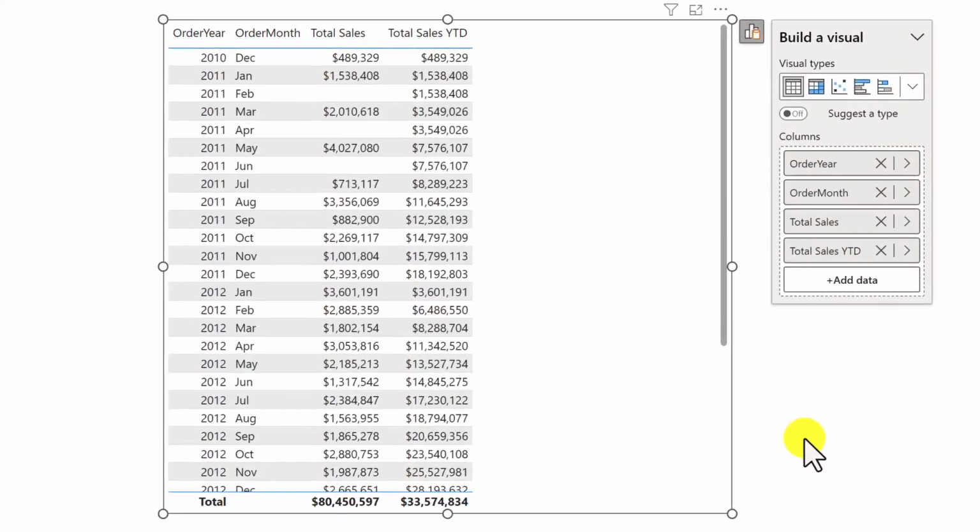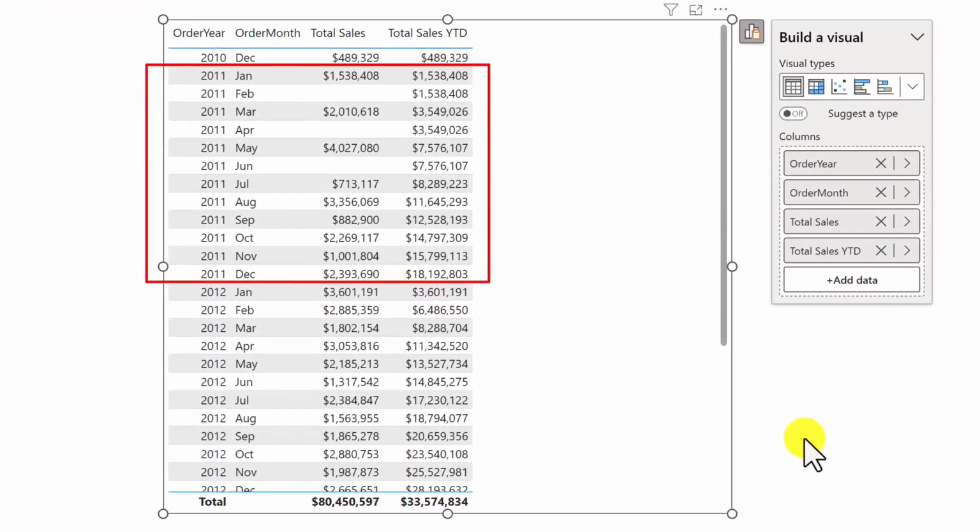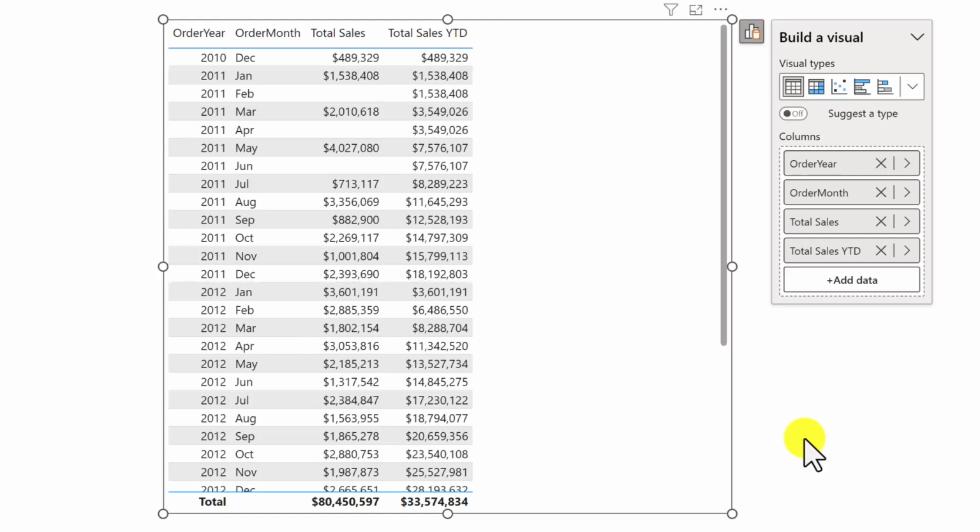First of all, notice that we can now see February, April, and June of the year 2011, those 3 months where our teams didn't log any sales. Although the total sales column is empty for those months, our total sales YTD column shows the running total of sales starting in January. Then we add another $2 million in sales starting in March, which bumps our YTD total